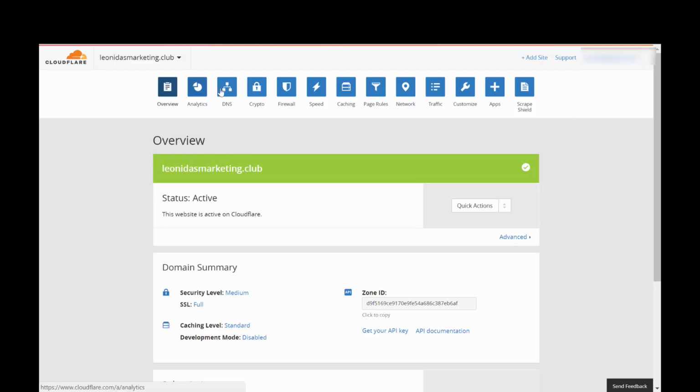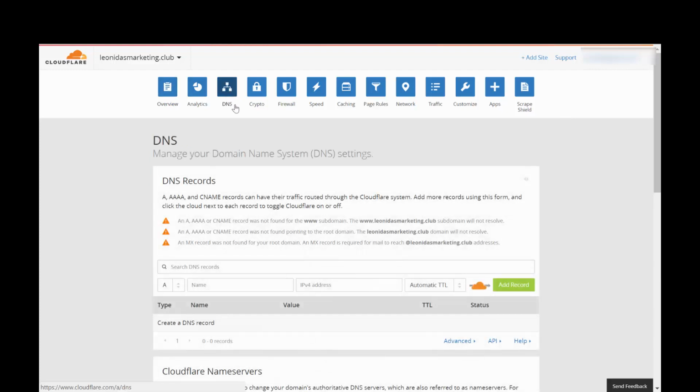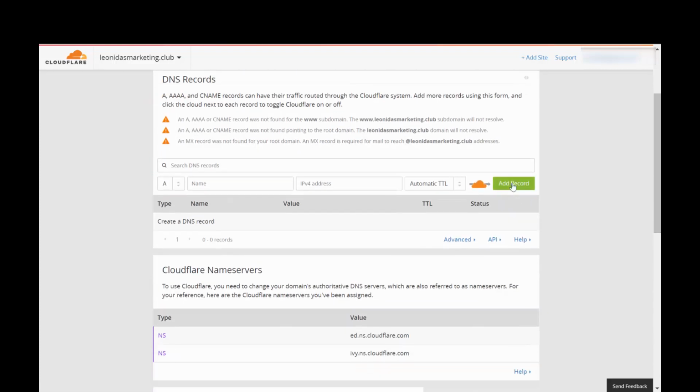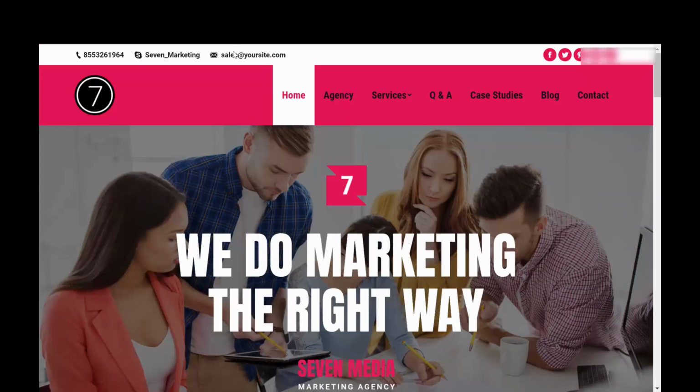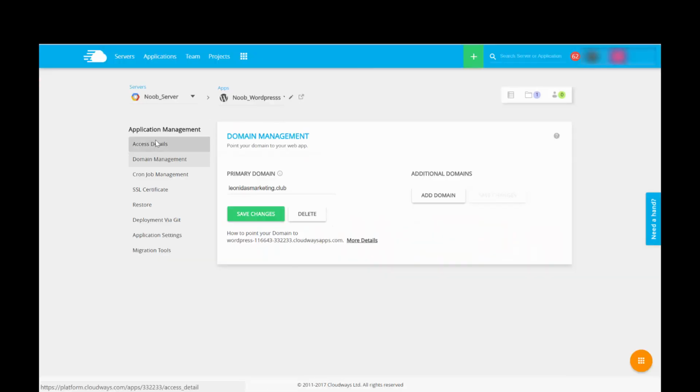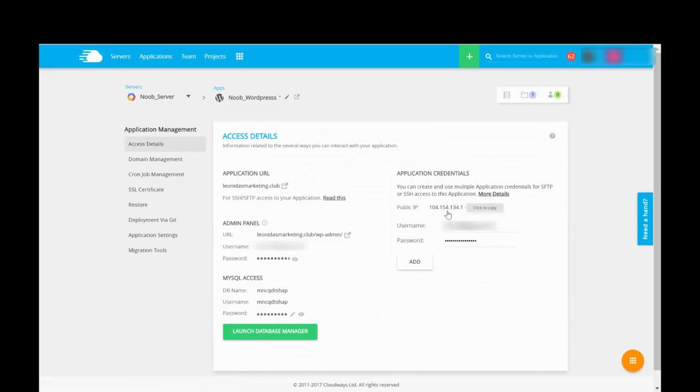And in Cloudflare, you simply go to DNS. And in the DNS, we're going to hit add a new record. Okay, so for the record itself, we'll do Leonidas marketing.club, and the IP address is going to be, you'll go back to your Cloudways server, and that